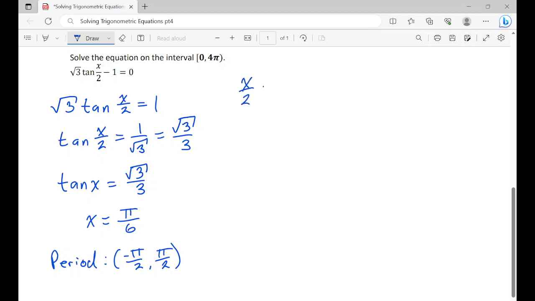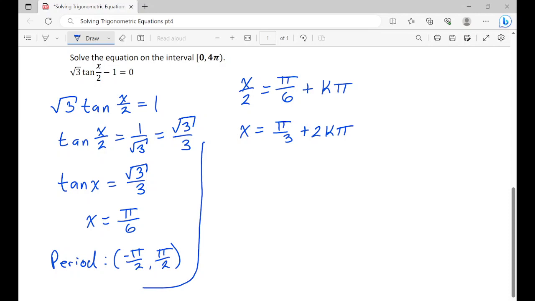So x over 2 equals pi over 6, but not forgetting that tangent has a period of pi, between negative pi over 2 and pi over 2. And I want to get all the solutions that exist on 0 to 4 pi. So I'm going to start off with the general solution. So plus k pi, where k is an integer. And then I solve for x by multiplying the 2 over. So x equals pi over 3 plus 2k pi. And this is only one general solution I have. So I am going to figure out all the solutions by starting off with